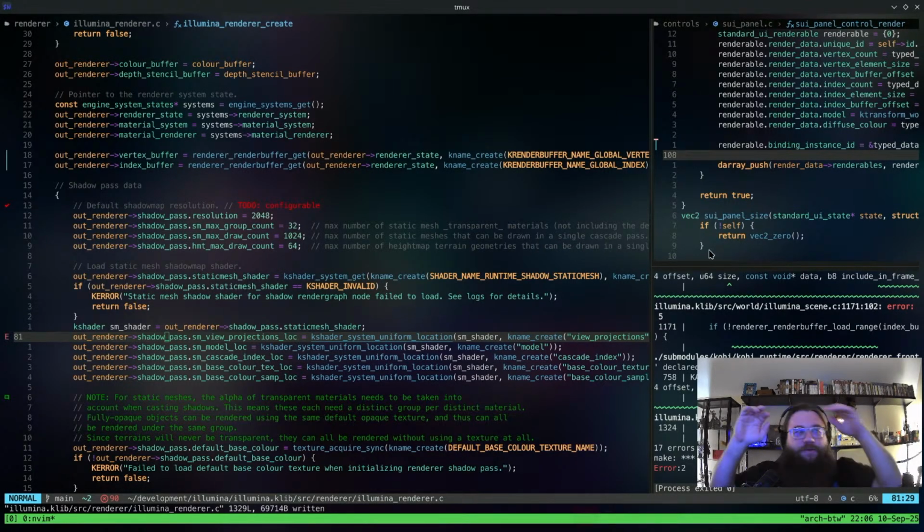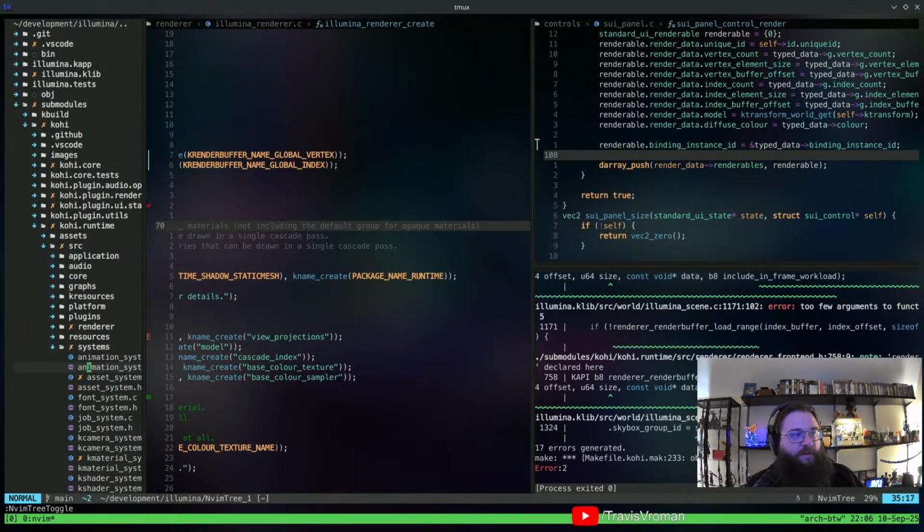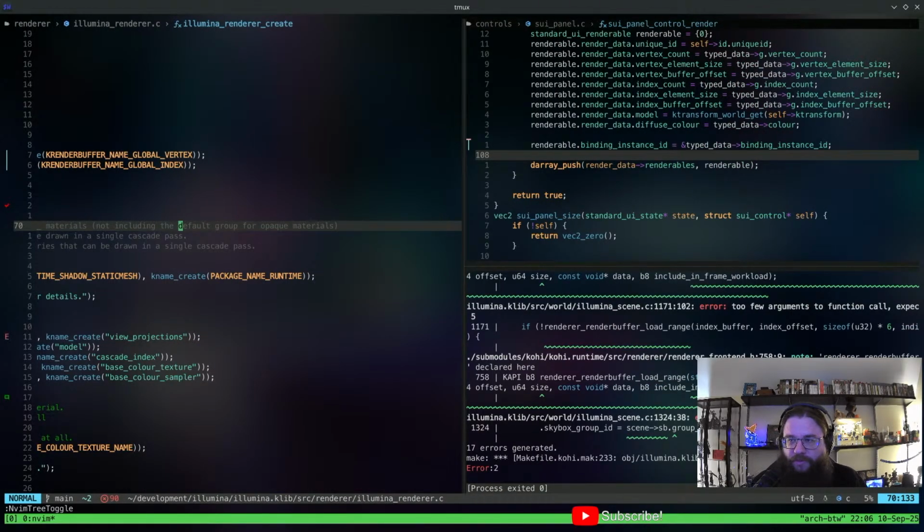So when I say runtime, I literally mean the Kohi runtime, right? This central Kohi library which the application is based off of. So when I'm talking about the runtime, I mean this. So the editor would actually kick off the external toolset to import stuff, right? The editor will make use of the Kohi core, obviously.